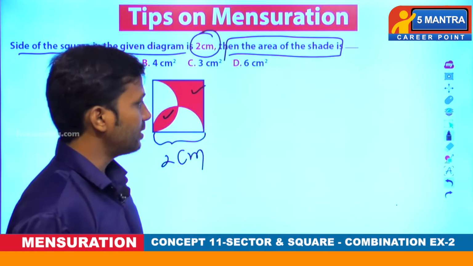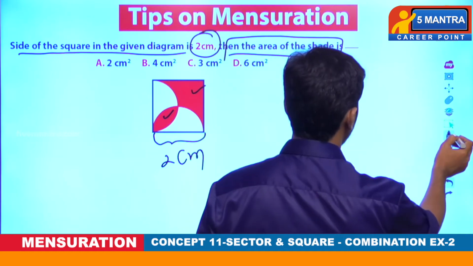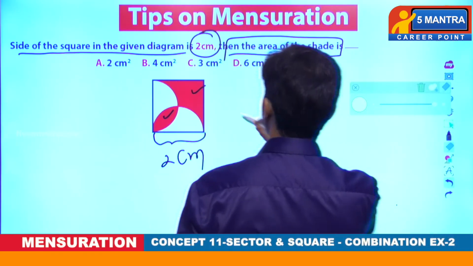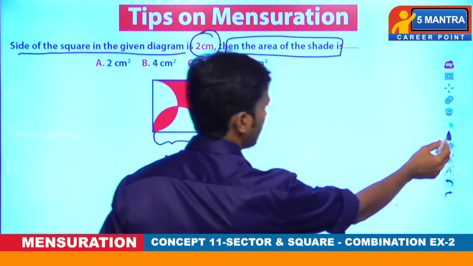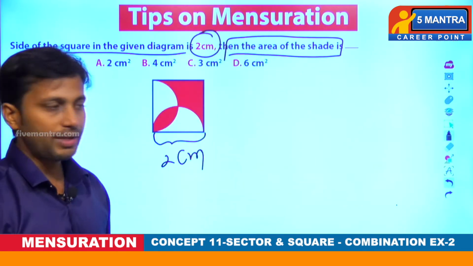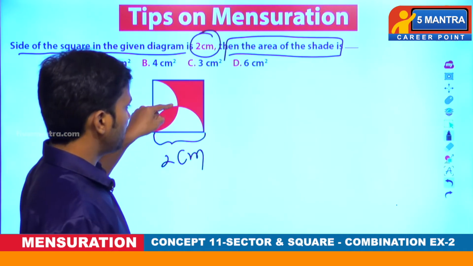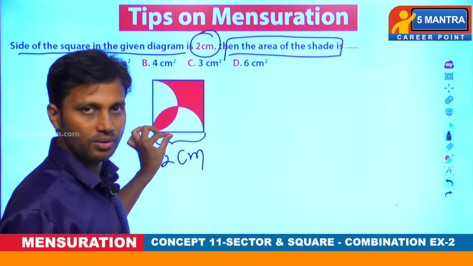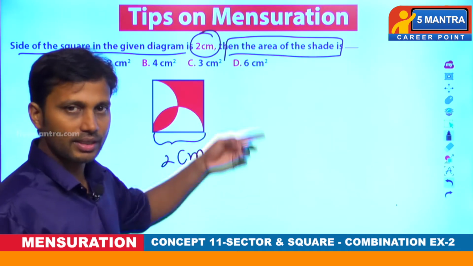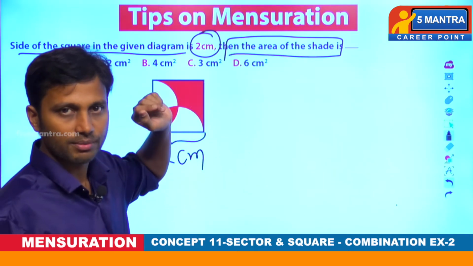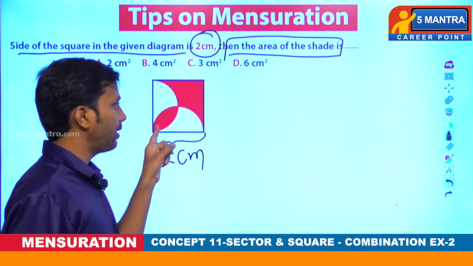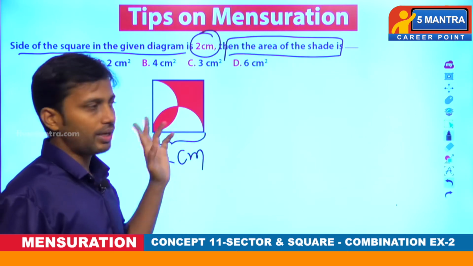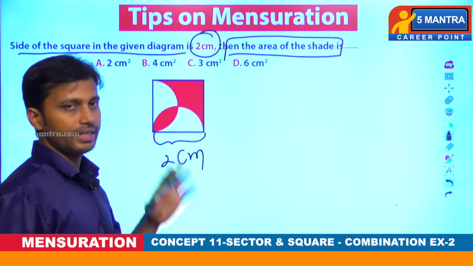This is not looking like the previous problem, because this shape is somewhat different from the one before. Is that right or not? In the previous case, the shape was like flower petals, no? Like that, 4 petals were given in the previous videos from the basic concept. But now we have given only 1 petal, and all the remaining gap is filled with red color. Now we need to find this shade area.